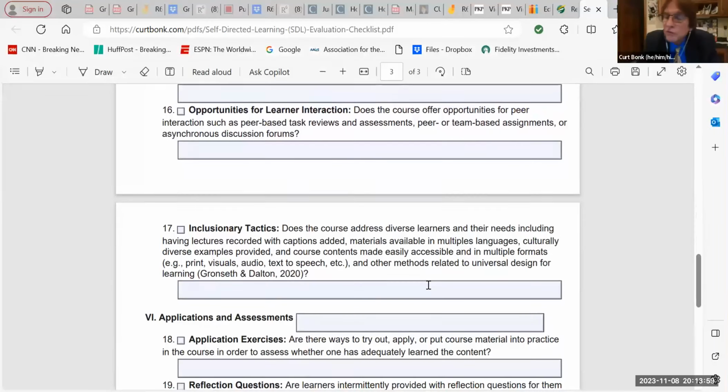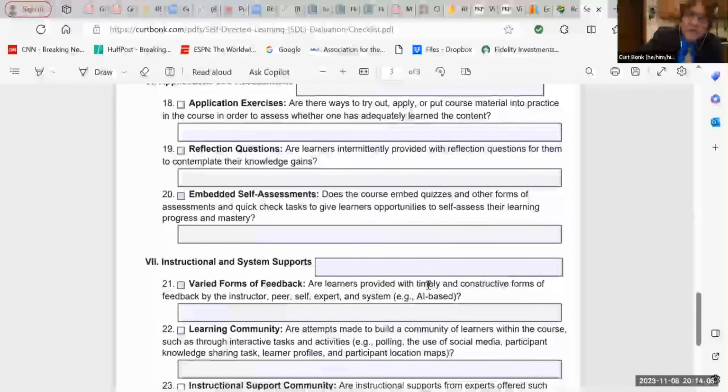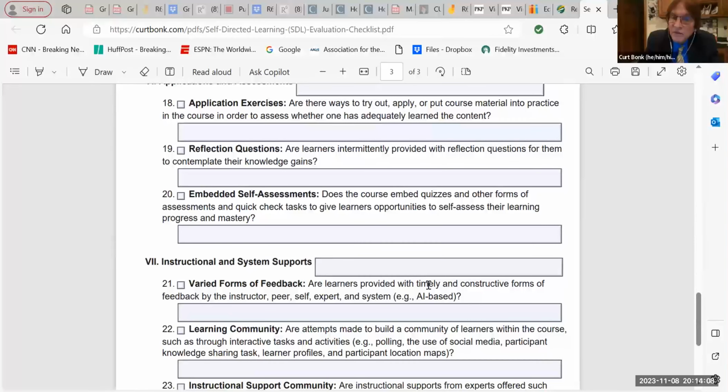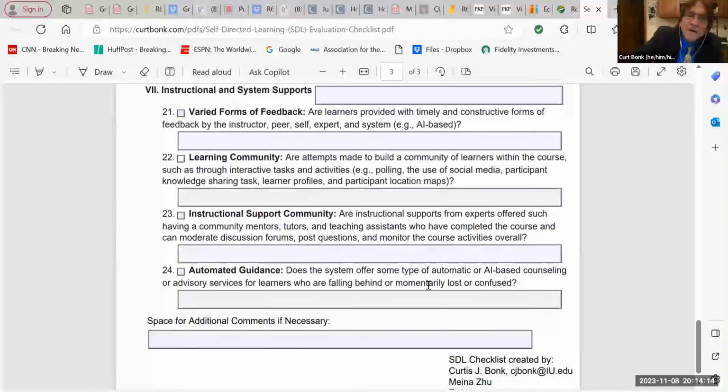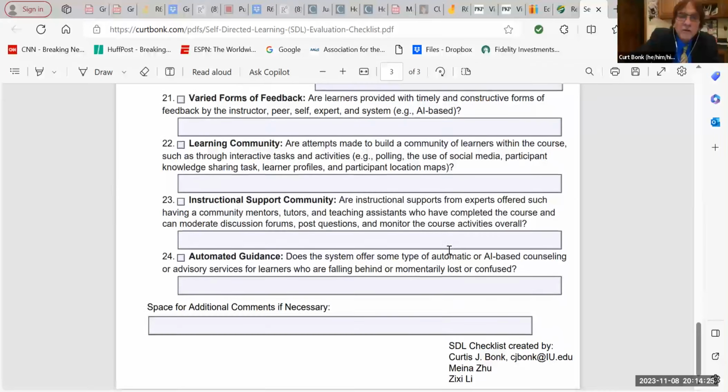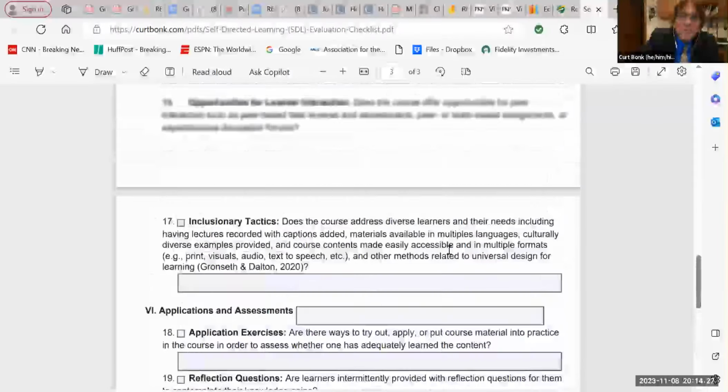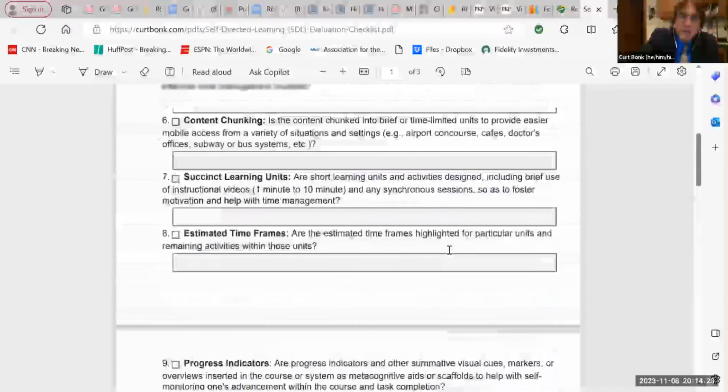And opportunities for students to interact with one another when they're taking an online class or in particular a MOOC. And then we get into application, very important, application exercises, reflection exercises to reflect on what you've learned. And then are there varied forms of feedback? Is there a community that's being built? Is there some kind of automated assistance from AI? So these are the 24 items in the checklist that we've designed in the article.